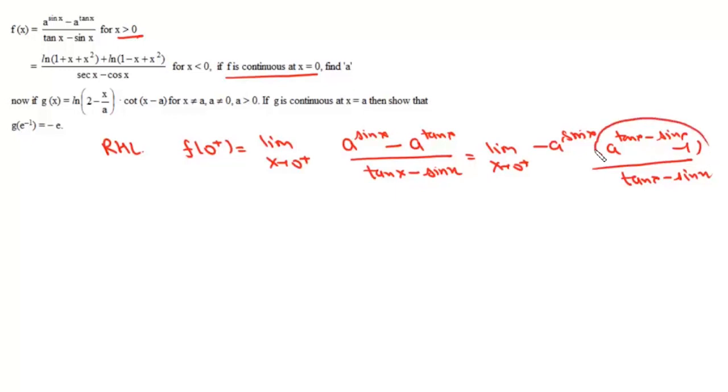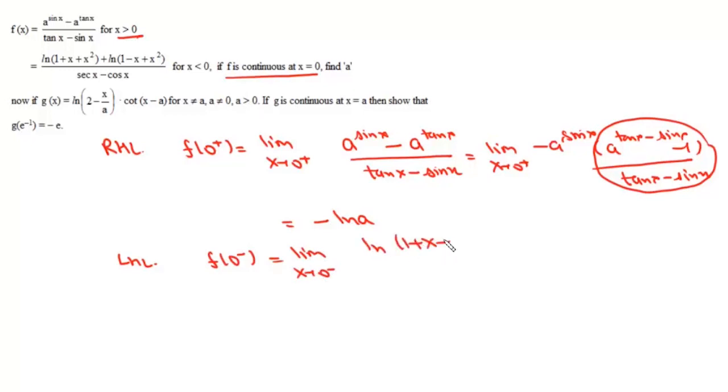So this is the standard limit ln a, and this is 1. So the value of this limit will be minus ln a. So for this function, the right hand limit is minus ln a. Now we will find its left hand limit. The left hand limit is f(0⁻), and will be the limit as x tends to 0 negative of log(1 + x²) + log(1 - x + x²)